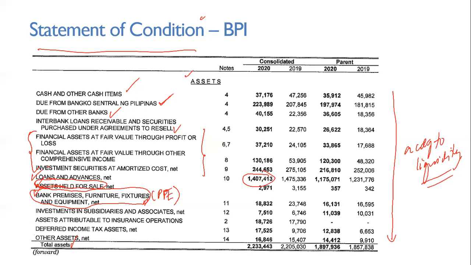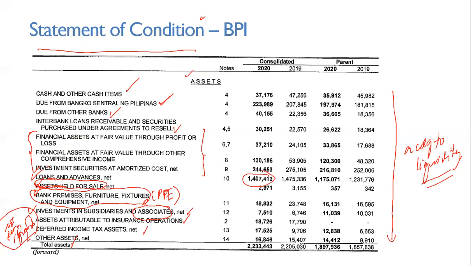Okay? Of course, investment in subsidiaries and associates. Associates, alam mo na yan. No, we'll discuss subsidiaries later. Okay? Assets attributable to insurance operations and deferred income taxes. Okay? So these are, hindi na ito masyadong liquid, not very liquid investments or assets. Okay? So kung nakita mo pa lang yung itsura, iba na yung itsura niya. So ang hirap computan ng ratio kasi iba siya sa alam mong ratios.